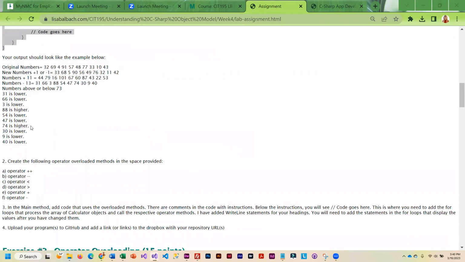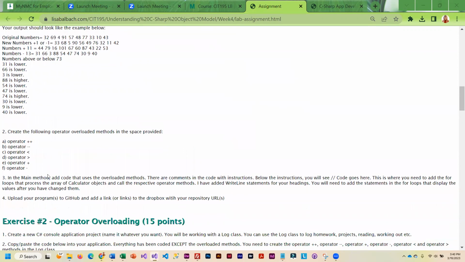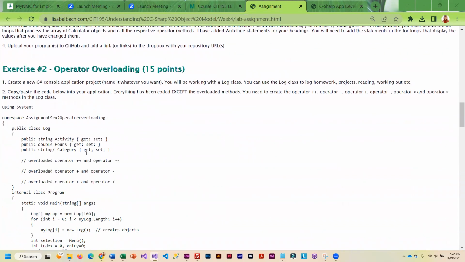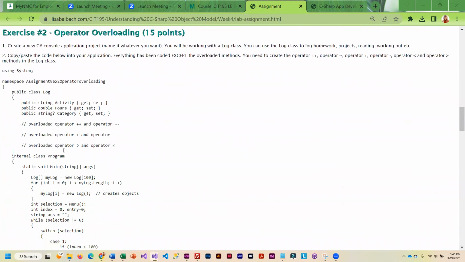Okay, and so I've kind of shown you some output here, so you can see what to expect. And then we get into the second program. And so this is a log class. And so you can basically use it to log anything, reading, projects, work,